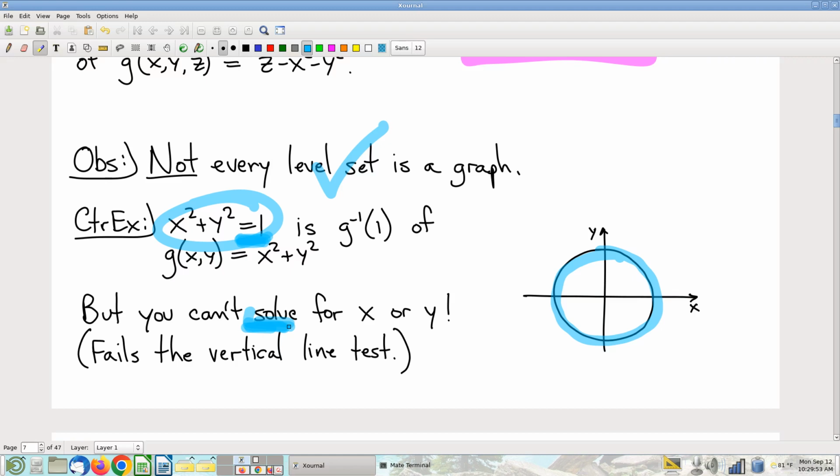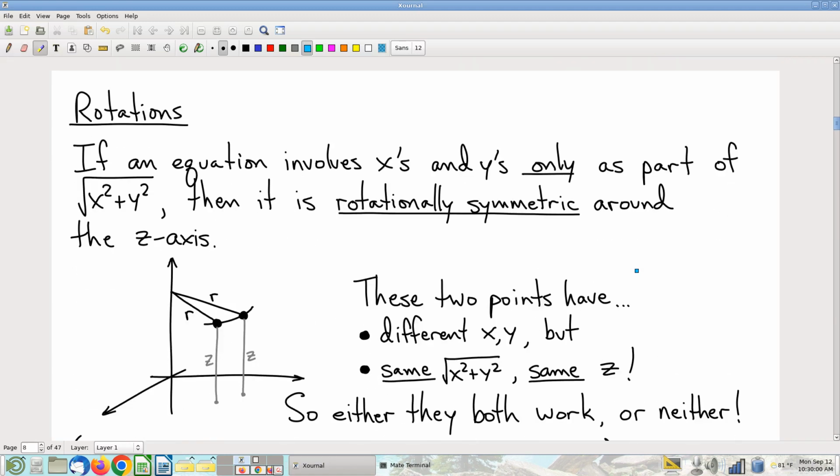Okay. So, again, one-way trick, unfortunately. All right. Here's a neat little fact of